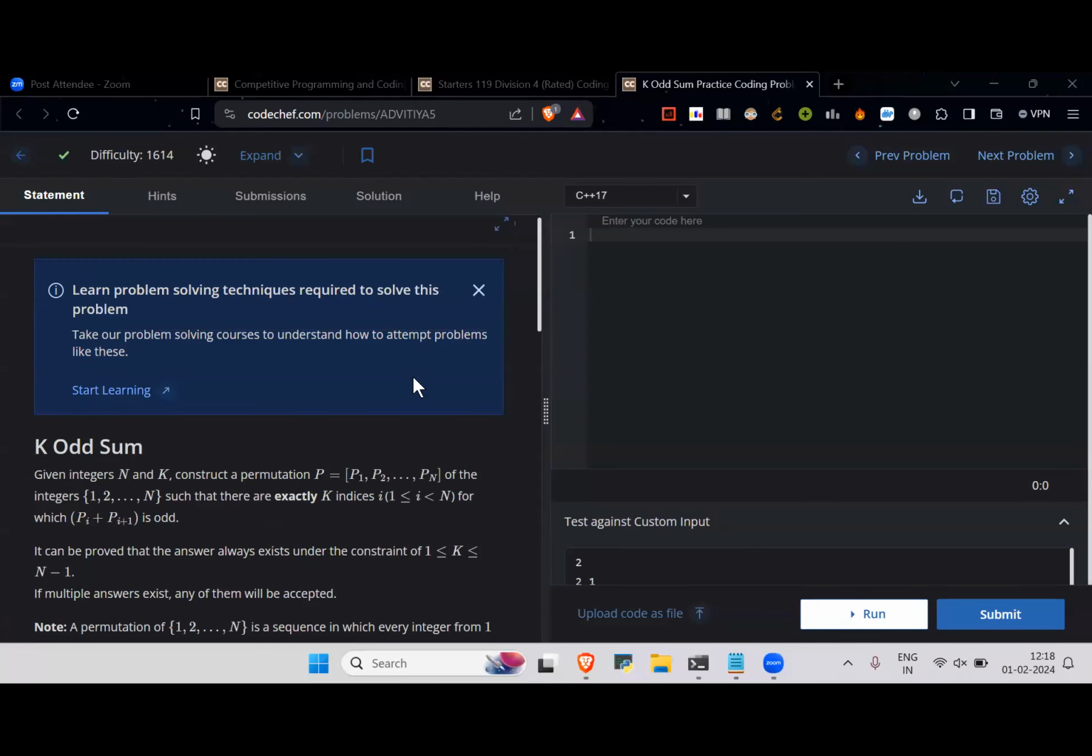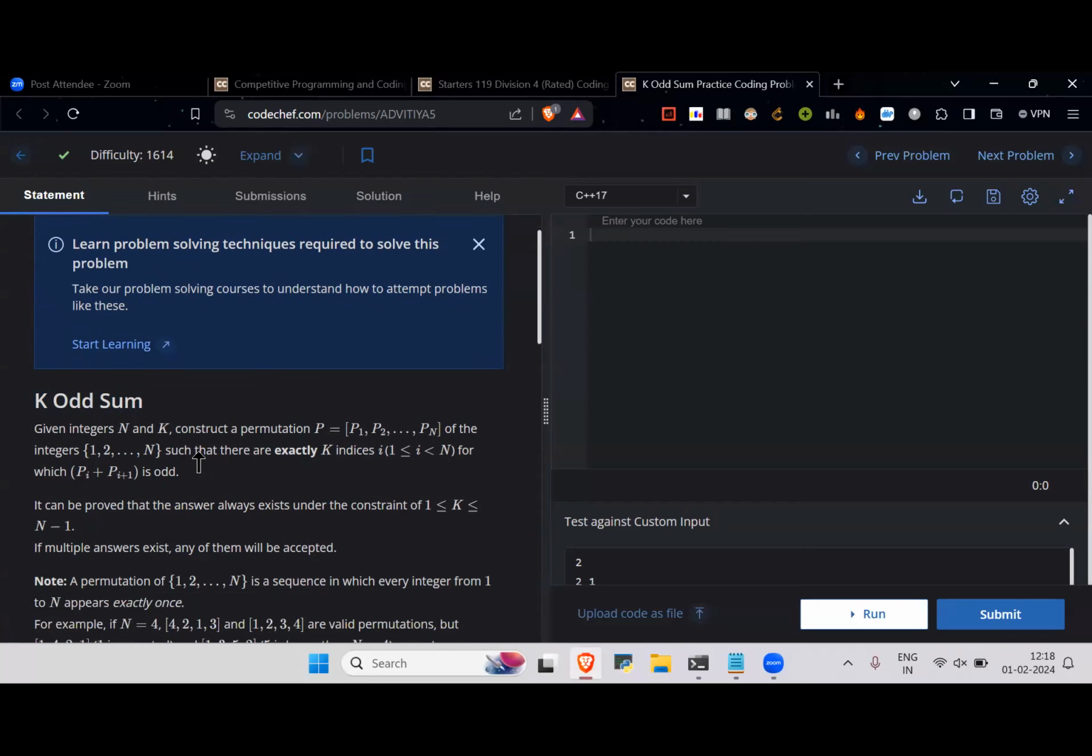So this is the fifth question of CodeChef Starter 119, Division 4, K odd sum. In this question, you are basically given two integers n and k, and we need to construct a permutation p, so p1, p2 till pn, and a permutation basically consists of all the numbers from 1 to n exactly once, and we need to construct this permutation in such an order that there are exactly k indices where I